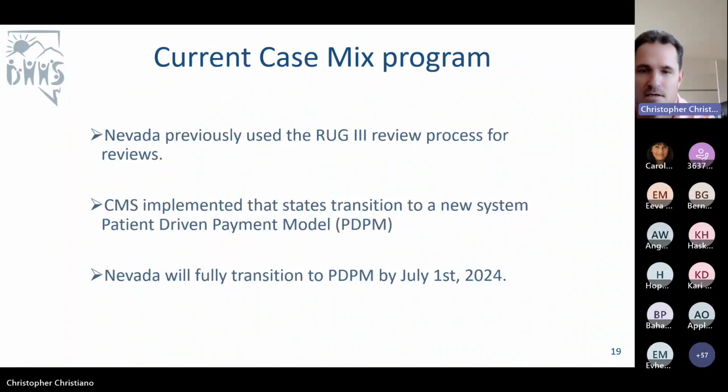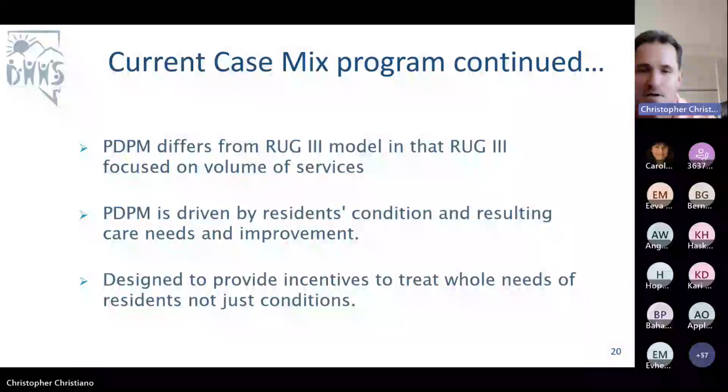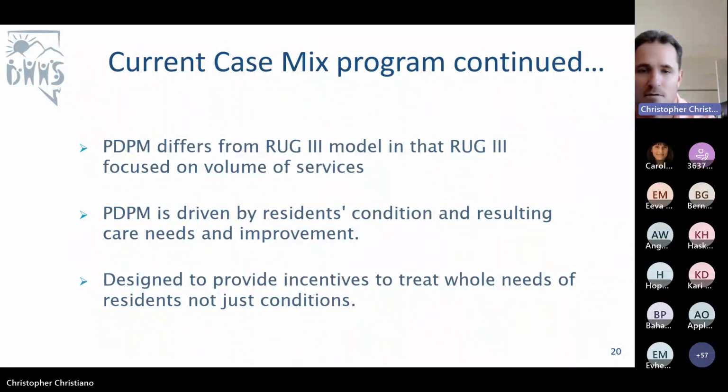All right, slide number 20, current case mix program continued. A little bit about PDPM and how it differs from the RUG-3 model is that RUG-3 focused on volume of services. There's been a lot of talk in our stakeholder meetings about therapies.